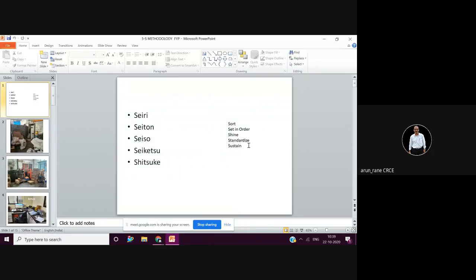That's why many companies insist that your people have to be trained properly. Shine means, I can give an example like your shoe. We polish the shoe and we shine it, isn't it? Same meaning for your machines. You should clean thoroughly. Preventive maintenance has to be done properly, so that 99% of the problems will go.